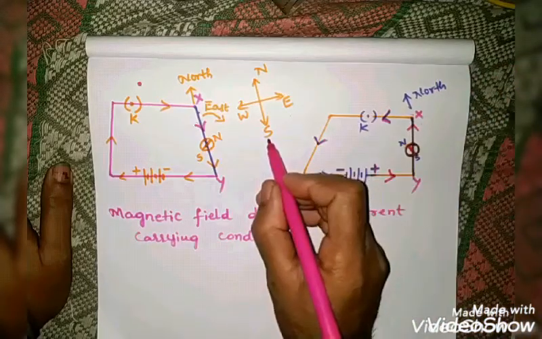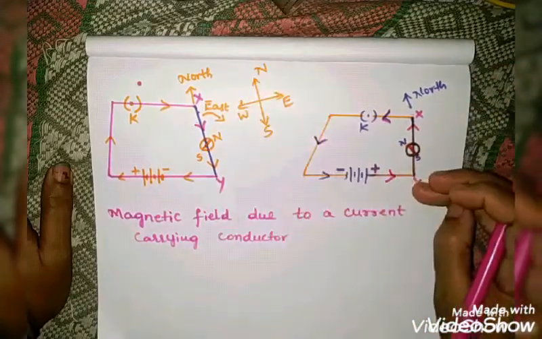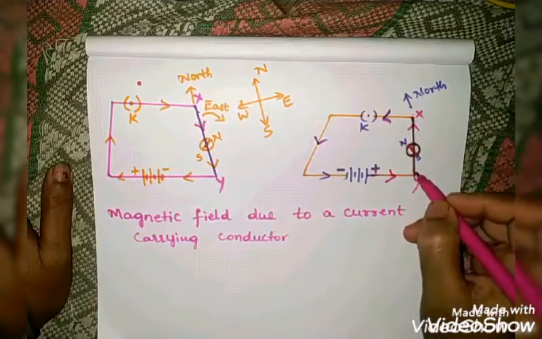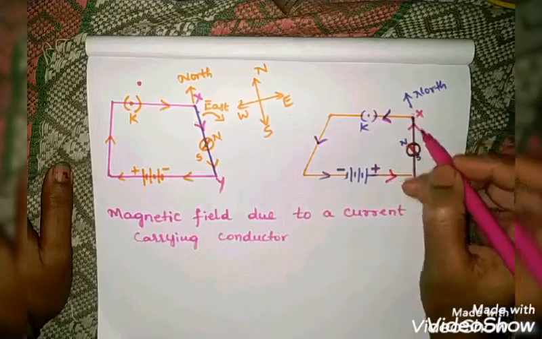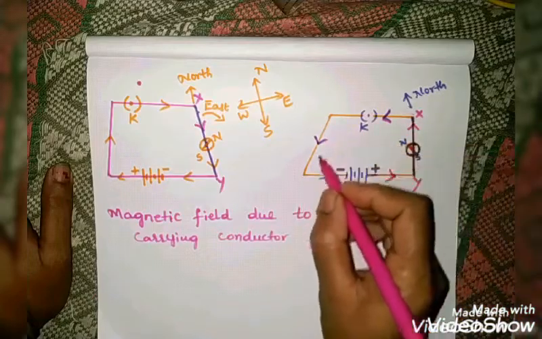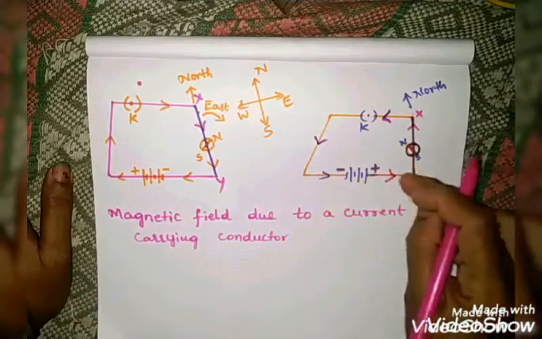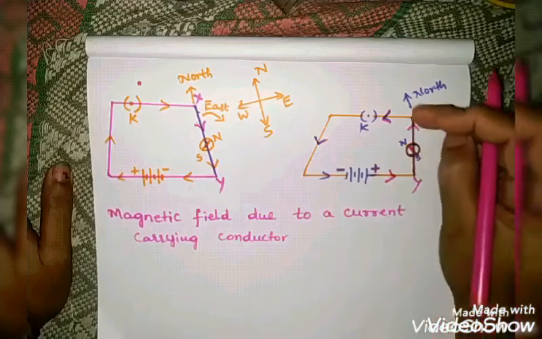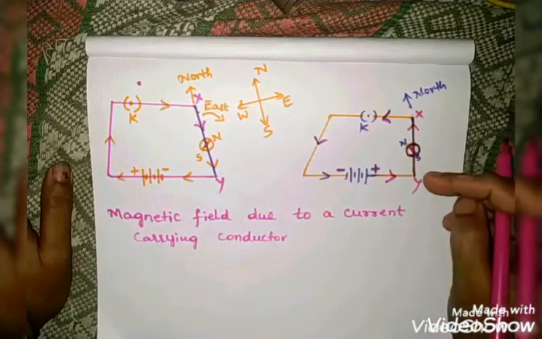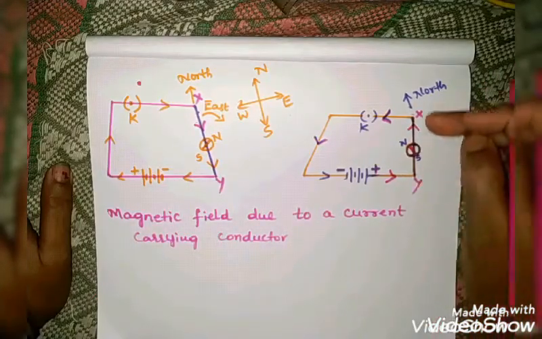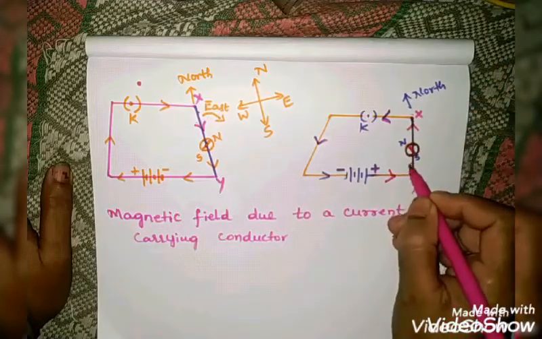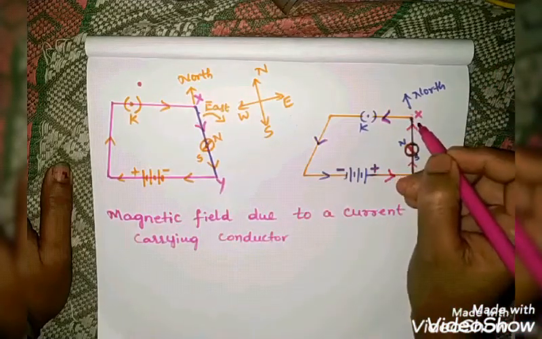Observe here the direction. From south to north, from down to up, the current starts flowing. When it is like that, what happens here? Current always flows from the positive terminal to the negative terminal. During that, through this copper wire, the current is flowing from south to north, children. Observe here, south to north direction.